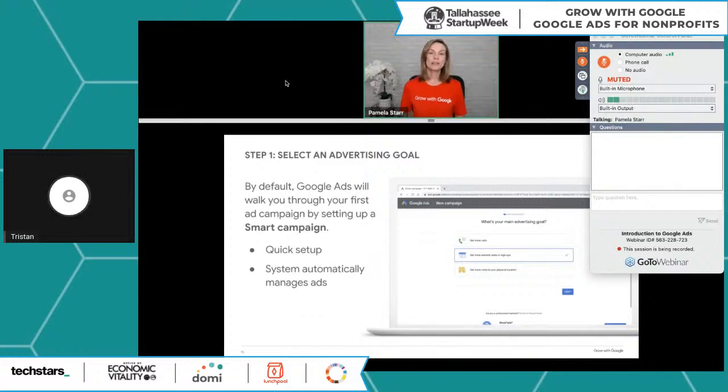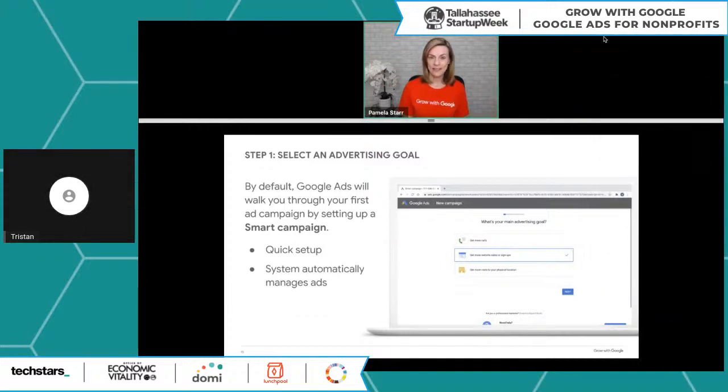sooner than if you were in what I'll call full-blown Google Ads. We actually call it universal ads or sometimes experts mode. What's great about Smart Campaigns is it's quick and easy to get that set up. And the system, Google's mathematical formulas, help you create an ad that's got the best likelihood of success. So that's one of the reasons why I really like it. You can create an ad in 10 to 15 minutes, away you go, and see what types of results you